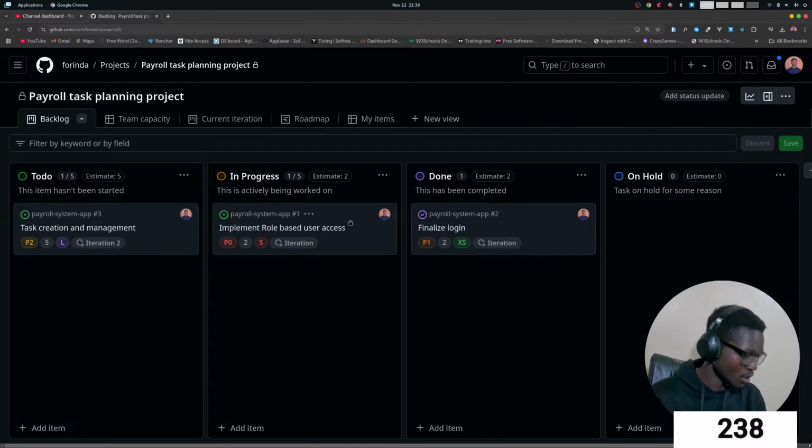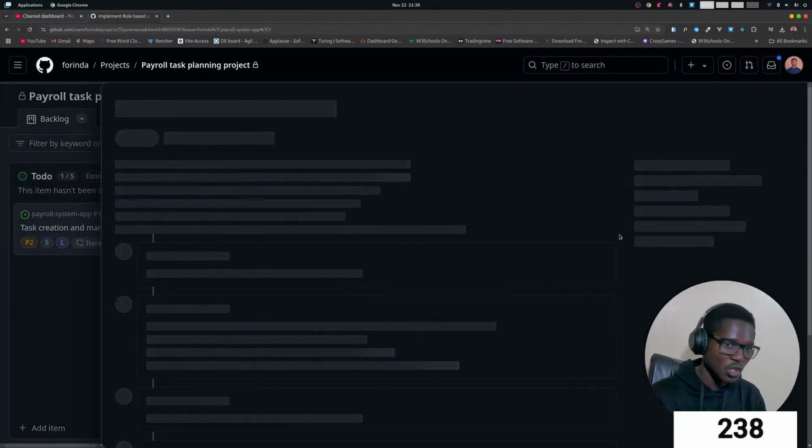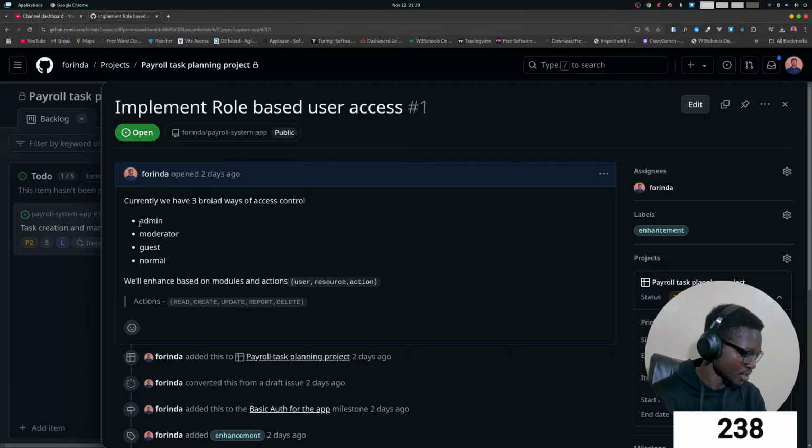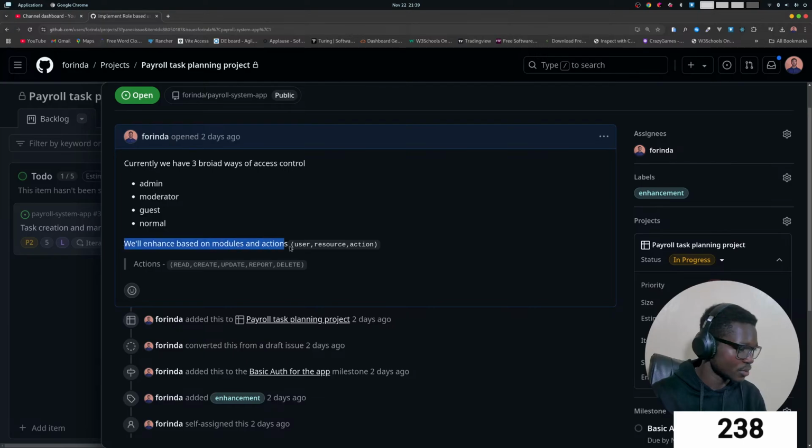With this, if we look at the issue, you'll see we'll have an admin, a moderator, a guest, and just a normal user. So we'll enhance based on modules and actions. That is to mean